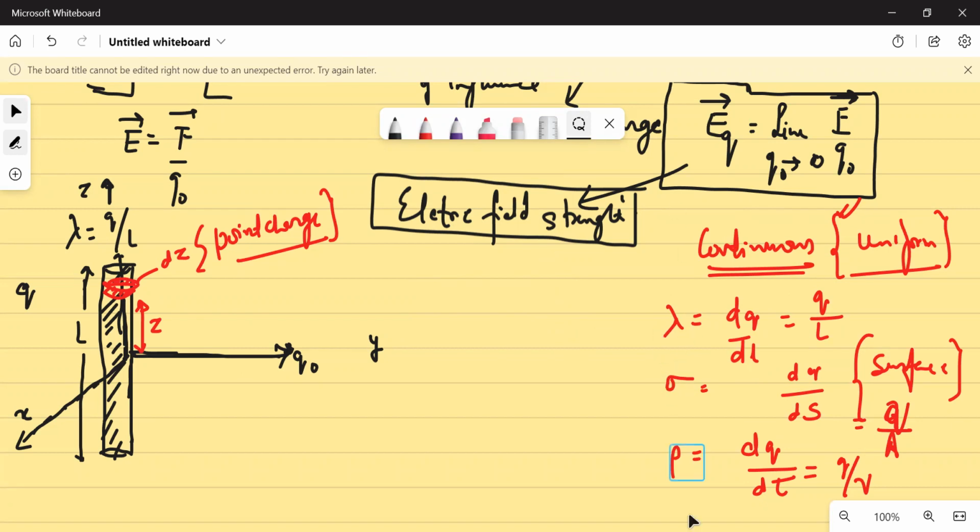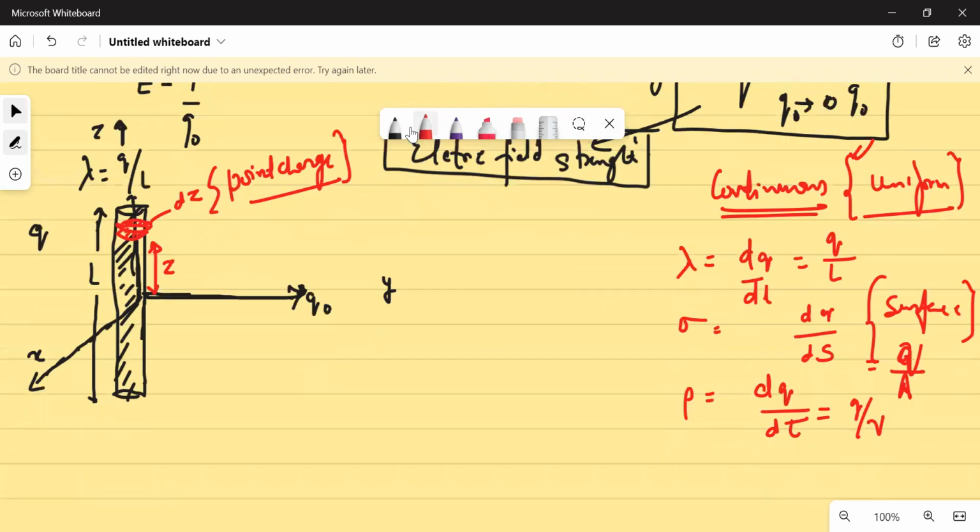And rho is most appropriately called a volume charge density, given by the following derivatives. I think this is quite clear to you. I don't think much explanation is needed on this account. Overall, understand that this is a vector thing. So what will happen? Another thing that you should understand is that Coulomb's law